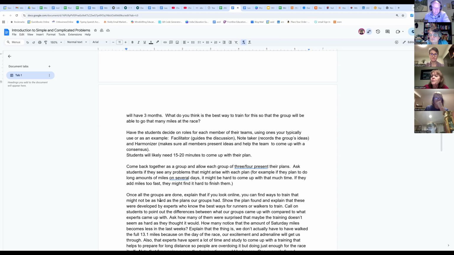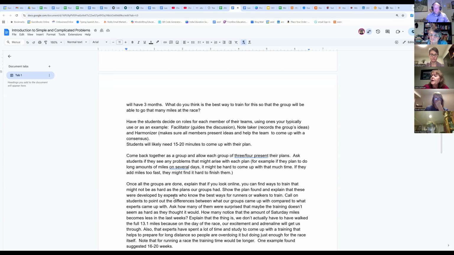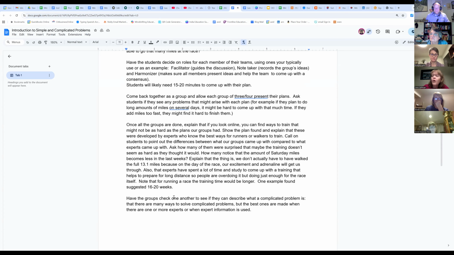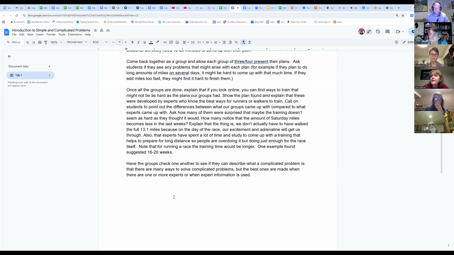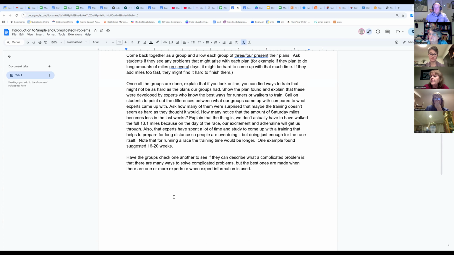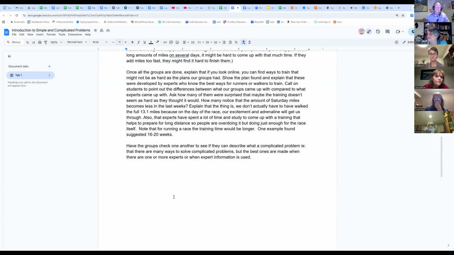I would anticipate that they might plan to do several long amounts of miles on several days, and point out that might be really hard to do, and it also might be hard to come up with that much time to get it done. And if they add miles too fast, they might find that it's hard to finish them. So then once all the groups are done,